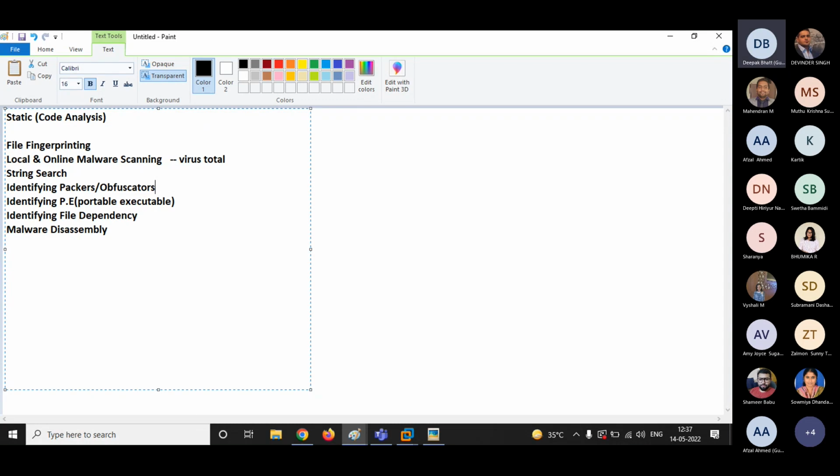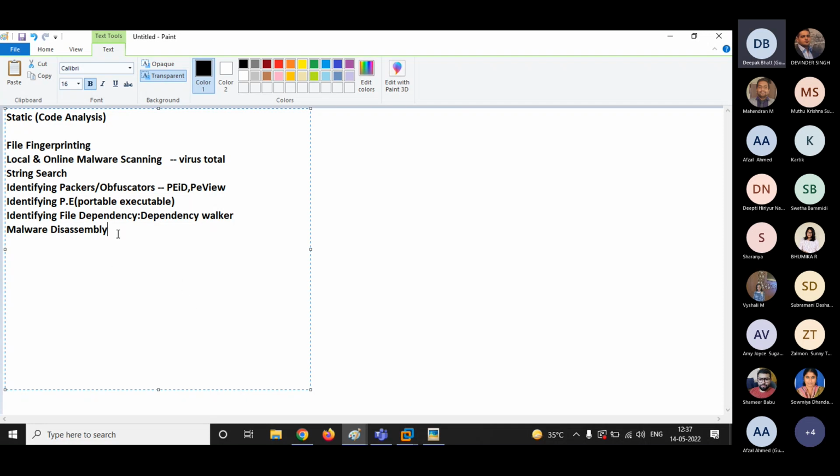Now I'm telling you certain software using which you can perform these steps. To identify the packers or obfuscators, you can use tools. We have PEiD, or you can look for a tool like that.